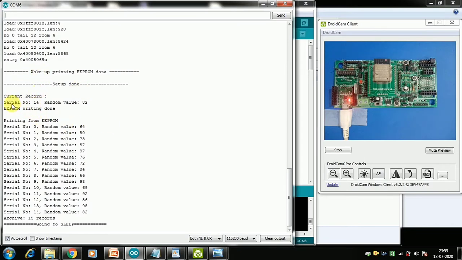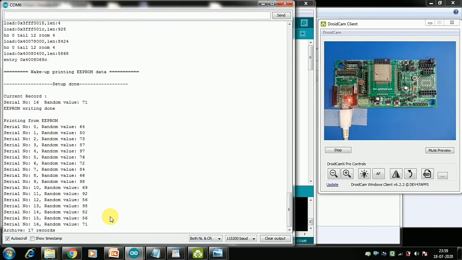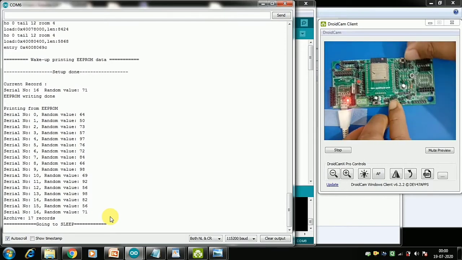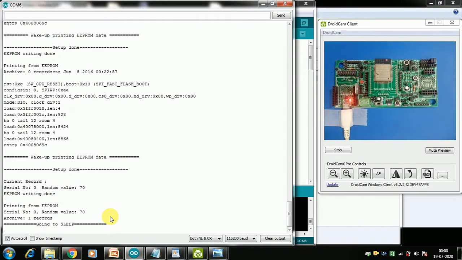After wake up, it collects the current data and then appends it to the last data that it had. Every time the data will increase. It was 15 records, now you can see one record added, so it becomes 16. This will go on every 10 seconds. EEPROM also has some memory limitation, so this cannot go on for as long as you want. So what we have done here is added two buttons. Once you press this button, you can reset the EEPROM memory and it goes to 0 again, and then this 10-second cycle starts up again.